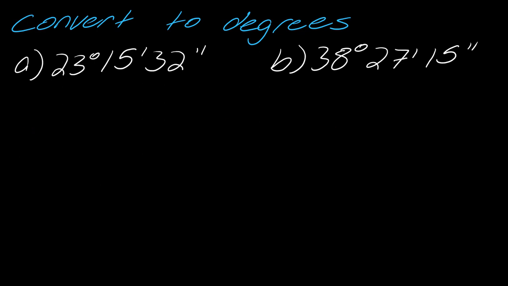So let's start by converting to just straight up degrees. I have 2 measurements here. These are in degrees, minutes, and seconds. The thing that you really need to know when you do these is how to go from minutes to degrees or seconds to degrees. The thing to remember here is that there are 60 minutes in 1 degree, and then there are 3,600